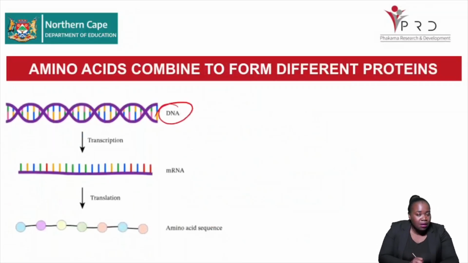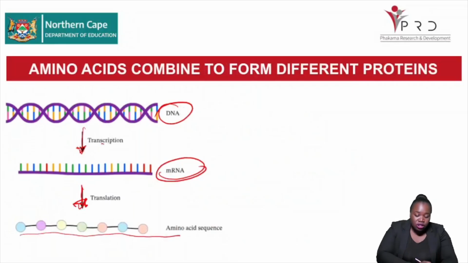You start off with your DNA molecule. This DNA molecule will undergo transcription in order to form your mRNA. And then this mRNA will then be involved in translation, whereby we're going to look at the formation of the amino acid sequence or that polypeptide chain. So this is what we would refer to as a polypeptide chain,